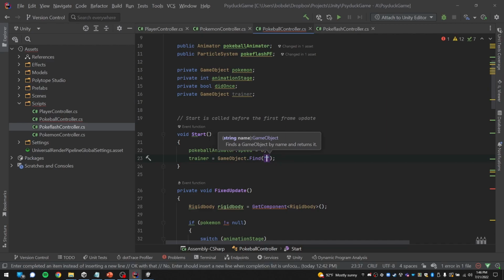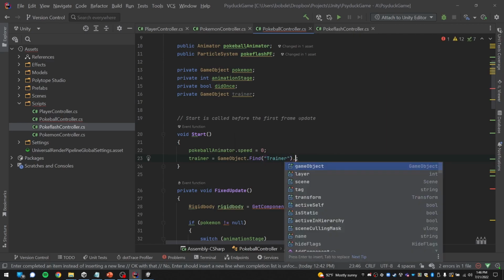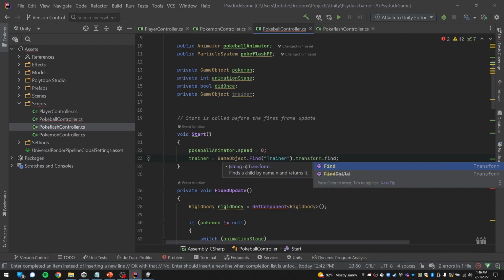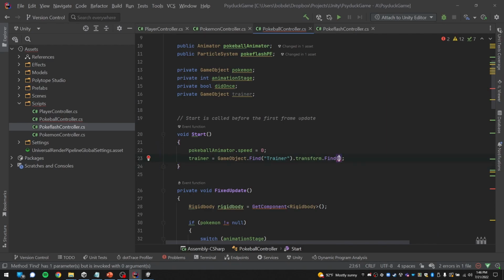And we could use a tag similar to what we've done earlier, but for this one, I'm just going to use a name because it's more convenient. Tag, I think, is more memory optimized. I mean, who knows? I think it is, but in this case, we're going to work with that. I'm kind of getting ahead of myself here a little bit, but I am going to find that trainer, right? And then I'm going to grab the transform of the trainer, and I'm going to find again to grab camera focus. And if you remember our earlier videos, our camera is looking at this specific point,